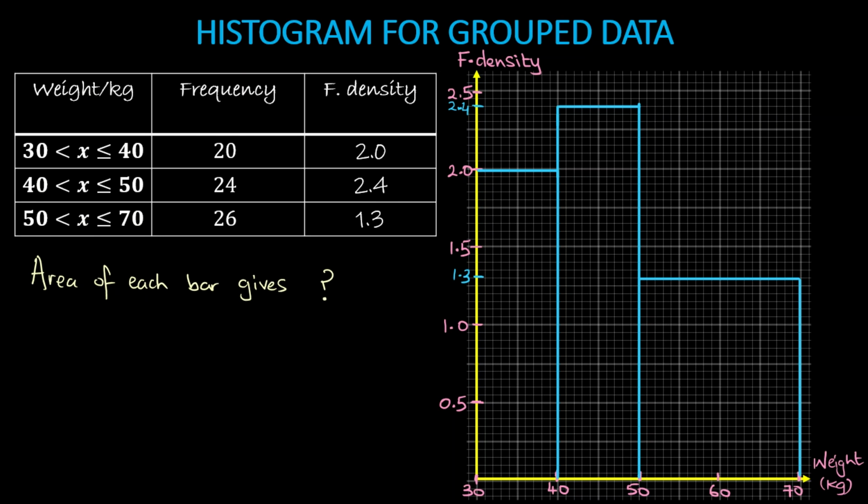Suppose I take the first bar, the first rectangle, right? I calculate its area. The area of the first bar will be simply the area of the rectangle, right? Which is length times width,